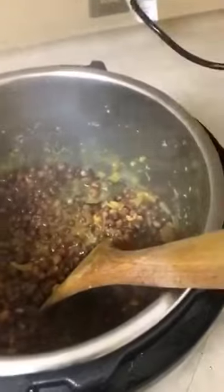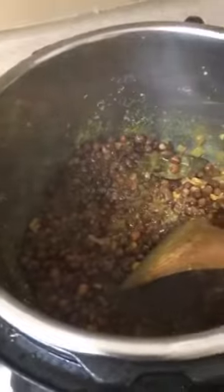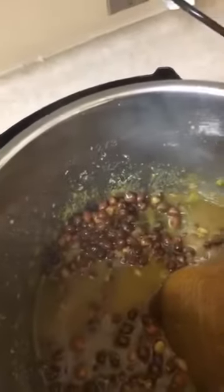I want it a little more watery, so I'm going to add a cup of water. I like it with a nice gravy. Actually, I'll probably do 2 cups of water. Whoops, got cut off again. I was just saying I like sabjis, as they're called in India, or curries, whatever you want to call it. I like them with a lot of water, so I'm going to cover this and put this on saute